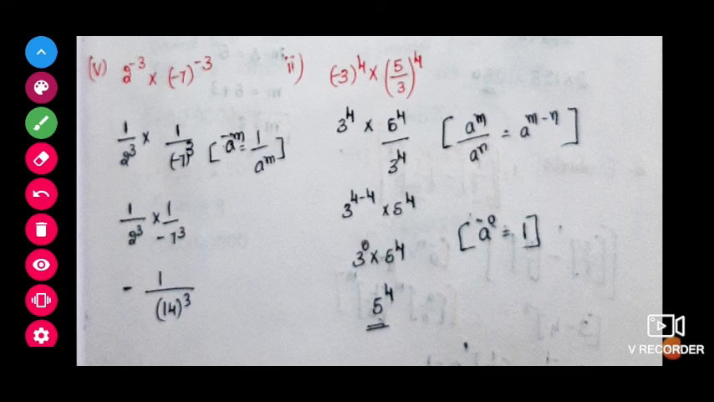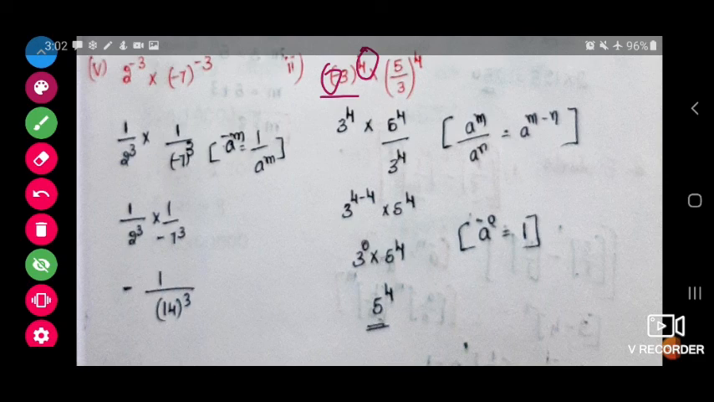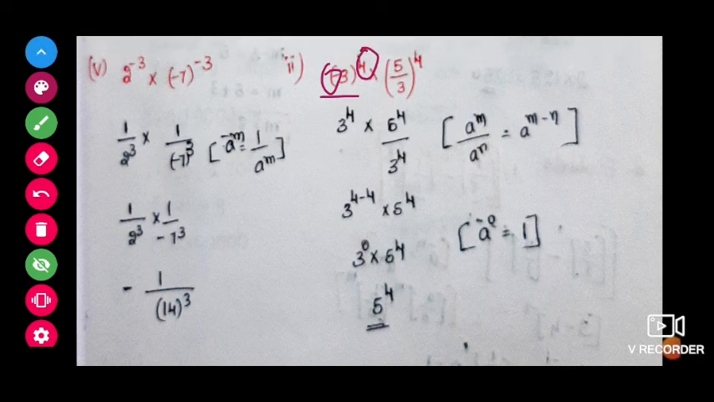Okay. Next one, minus 3 to the power 4 into 5 by 3 to the power 4. Here if we see, children, actually here minus is there inside, but the power is 4. 4 is what? Even number. Whenever we apply the even power, automatically minus will become plus. So minus 3 to the power 4 will become 3 to the power 4 into,